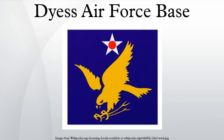The 341st was part of the Strategic Air Command, flying the B-47 Stratojet, which it continued to operate until its inactivation on June 25, 1961. On December 1, 1956, the name of the base was changed to Dyess Air Force Base in honor of the late Lieutenant Colonel William E. Dyess, USAAF. The 96th Bombardment Wing moved to Dyess on September 8, 1957, and for a few years worked alongside